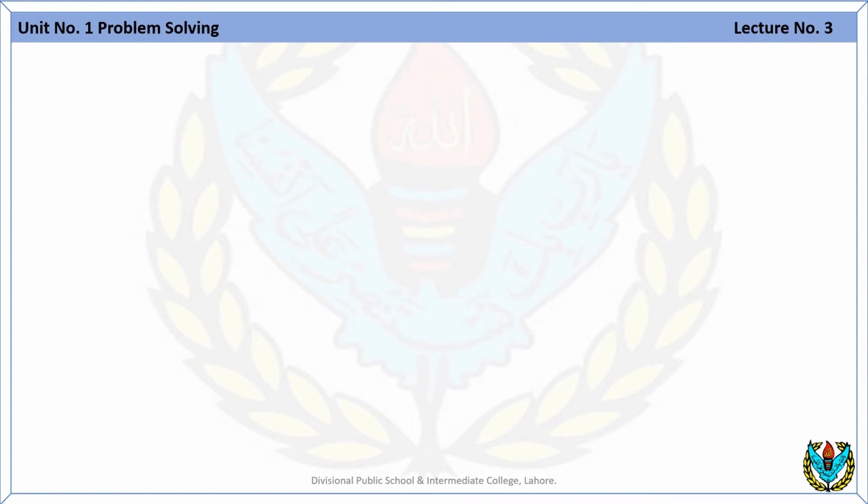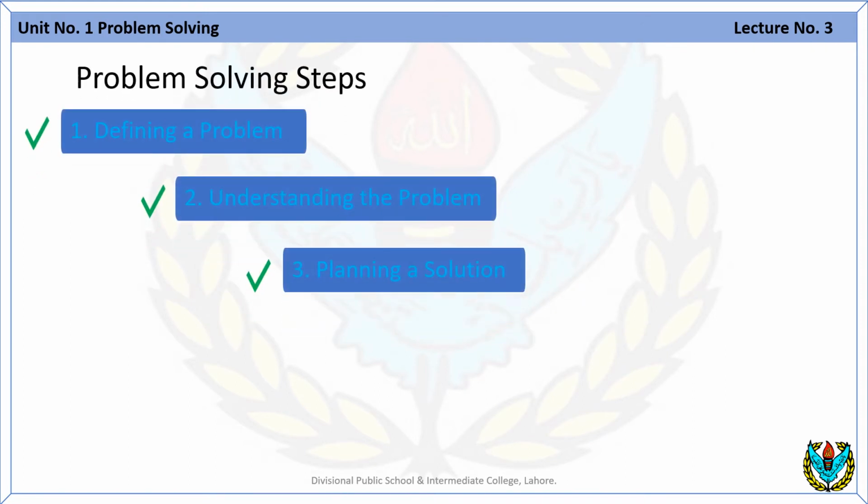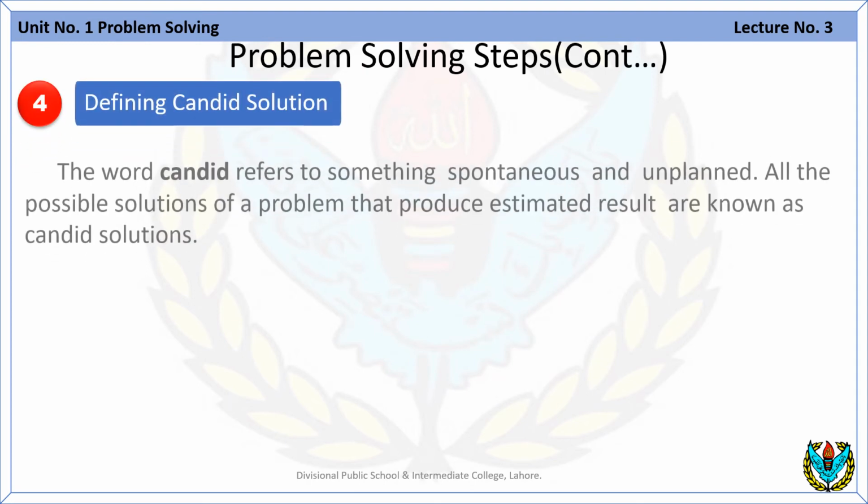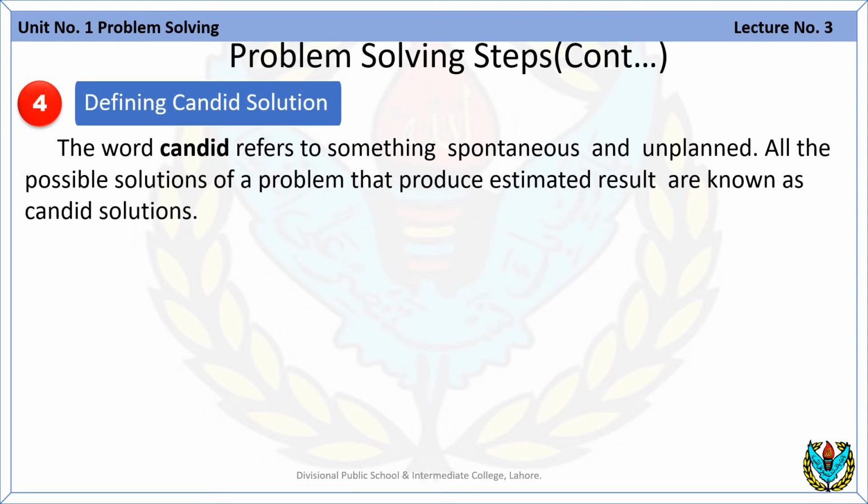Now students, we have completed defining a problem, understanding the problem, planning a solution, and now we will discuss defining the candidate solution. The word candid refers to something spontaneous and unplanned, which means a sudden solution resulting from a natural impulse or tendency without effort. All the possible solutions of a problem that produce estimated results, meaning not an exact result, are known